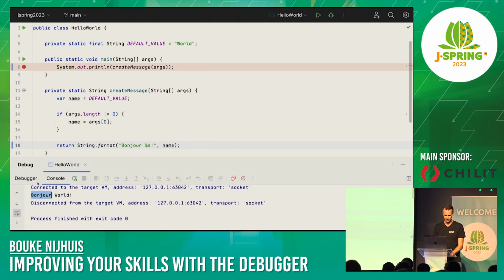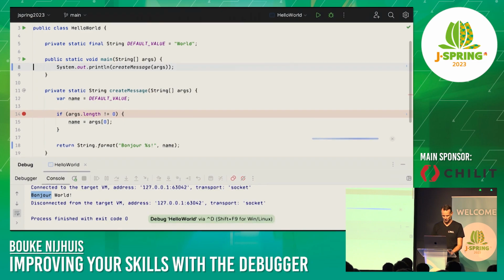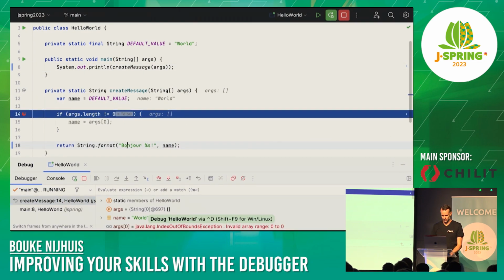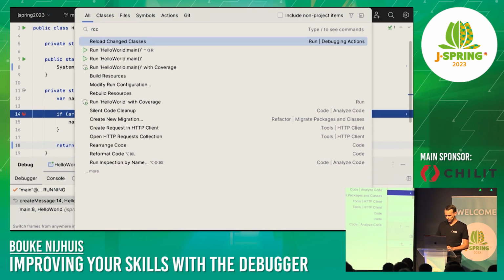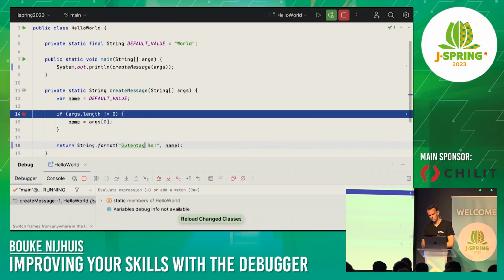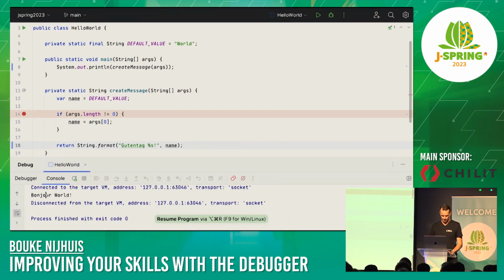What does that mean? Let me give you a little demo to make this more clear. There's a reason I put this breakpoint over here, because if I put it over here, it will not work. So now I'm going to change bonjour into guten Tag, the German formal version of hello. Again, I'm going to reload the changed classes. We wait a few seconds so the class can be reloaded. And if we now finish the execution of the program, hey, it still says bonjour, but it's guten Tag over